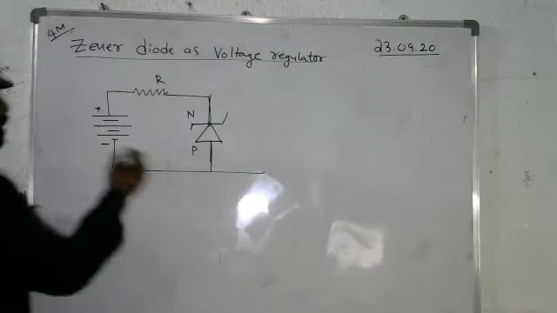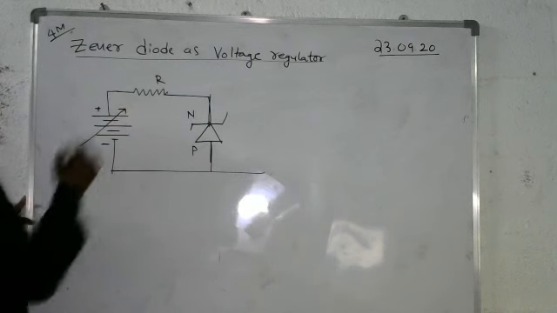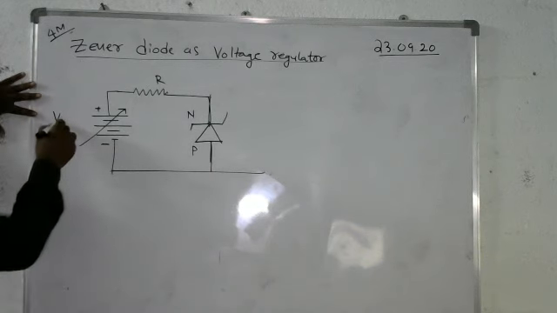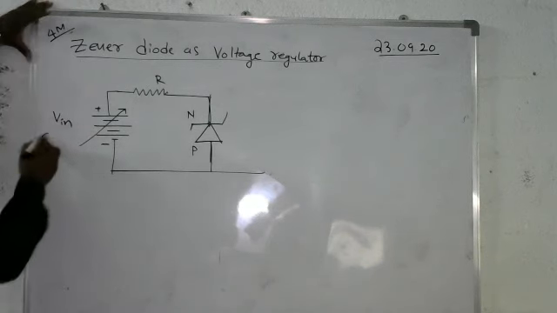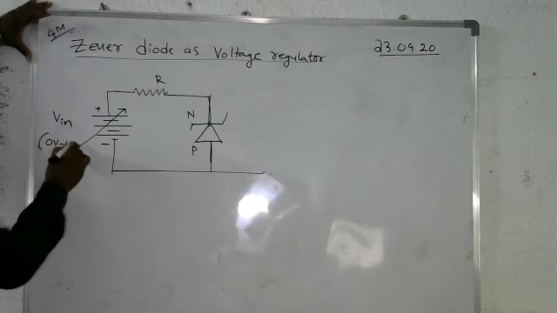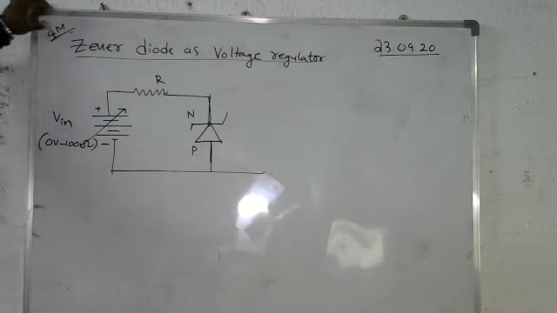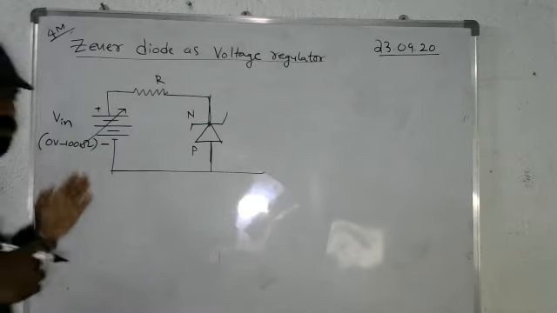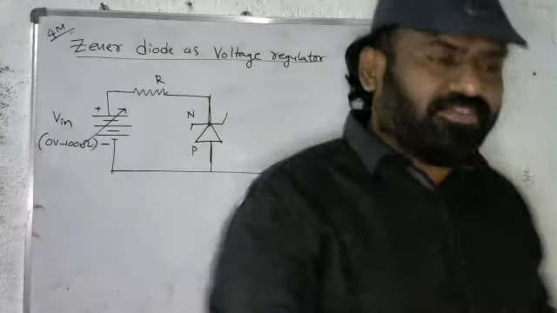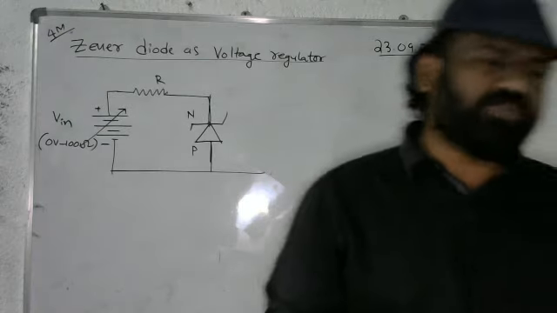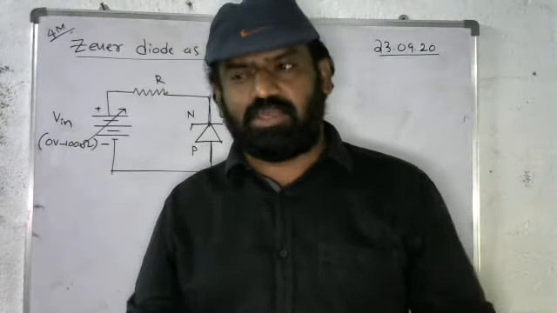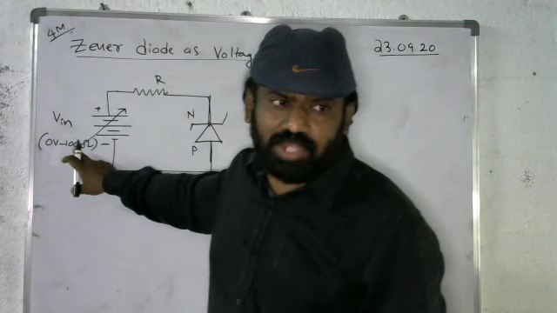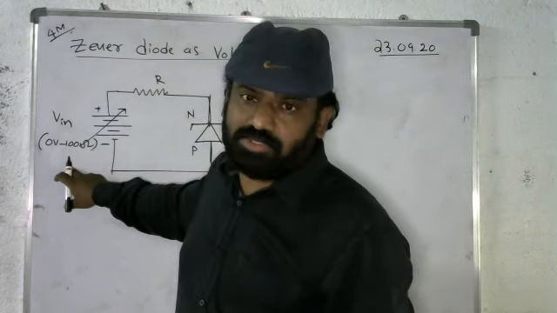So I am keeping an arrow mark like this. It means the input voltage, let it be Vin. Input voltage fluctuates, changing between 0 volts to 100 volts. What does the arrow mark here represent? It represents the fluctuations in the voltage. It does not provide a constant voltage. It provides a fluctuated input voltage, meaning once we get 0 volts or 10 volts or 100 volts, whatever it is, the voltage fluctuates between 0 volts to 100 volts. So this is a variable source.